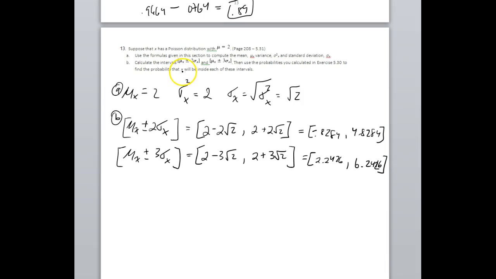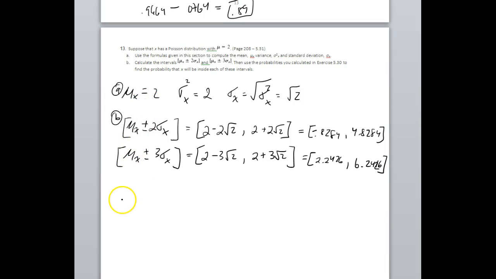All right, so it says then use the probabilities that you calculated in exercise 5.3 to find the probability that x will be inside each of the intervals. Okay, so right now we've established these intervals, and now notice these are really messy numbers, right? But Poisson is a discrete distribution, so our x values are going to be zeros, ones, twos, threes, stuff like that. So this we can boil down to,